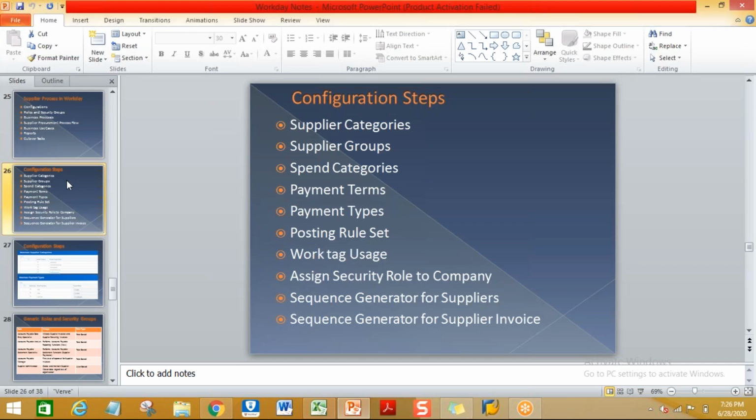maintain certain configuration steps. So before the configurations, again, any idea on what is master data and what is the transactional data? Forget about SAP Workday. What is master data? What is the transactional data? Transaction data is every day, all the transactions, but the reference data we use, in general, is called master data.